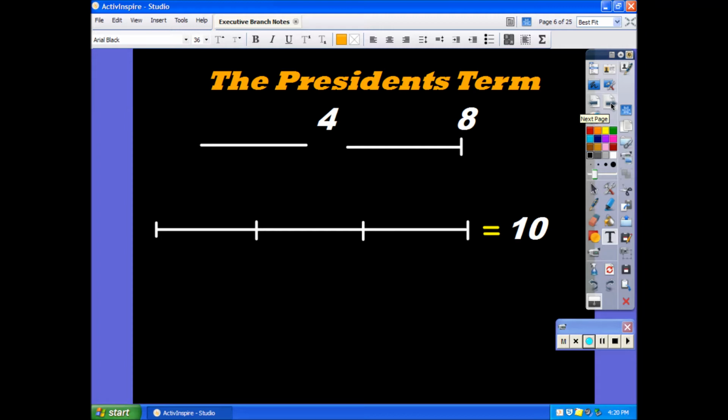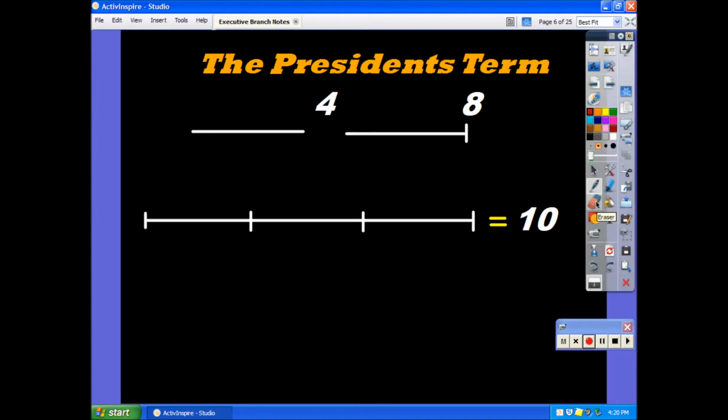Now, let's talk about the presidential term, because the fact is that the president's term is not something that is so simple as the 4 and 8 rule. There are some other things that are going on here that need to be considered. So, for example, if a president is elected, his first term is going to be 4 years long. If he's reelected, then he can serve for a total of 8 years. There have been many presidents who've served for 8 years. Some that have only served for 4 years.